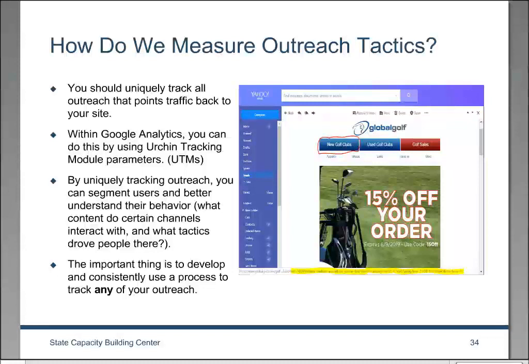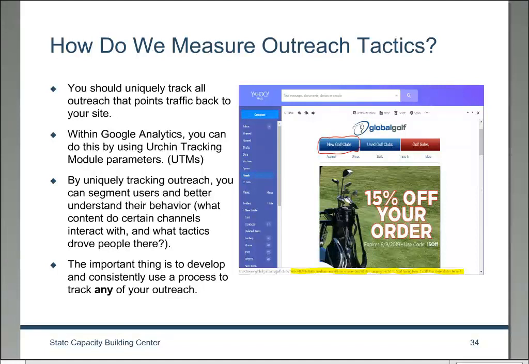We talked a little bit about outreach tactics like email. I just wanted to show an example. One thing we do is track things that come from off your site to your site, using parameters called UTMs, which Google calls Urchin Tracking Module parameters. It's a mouthful, but just remember they're called UTMs, and they're query string parameters. Most people, I'm going to guess, when you open up your own personal emails, get an email like this one on the screen, which probably shows my love of golf. What it also shows is that they do a good job at this.